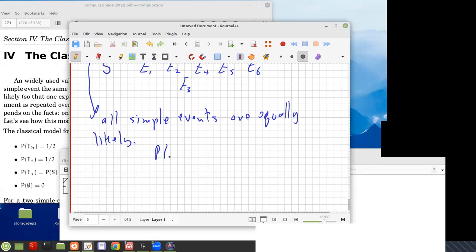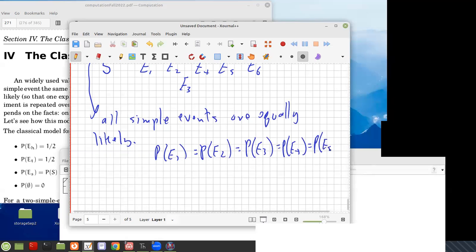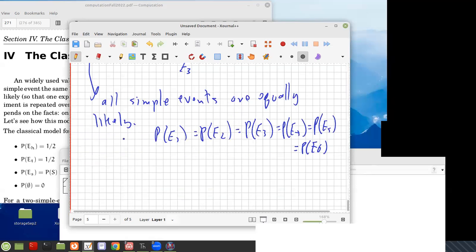So we have the probability of E1 equals E2 equals E3 equals the probability of E4 equals the probability of E5 equals the probability of E6. Maybe I should have stayed with the four-sided dice. Now, the requirement is that these things add up to 1, because all of them have to add up to 1,